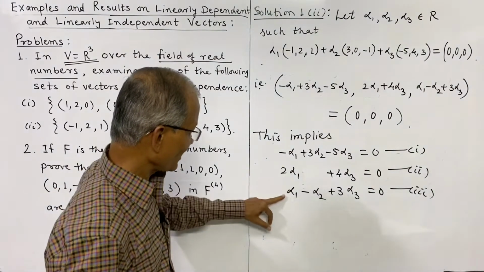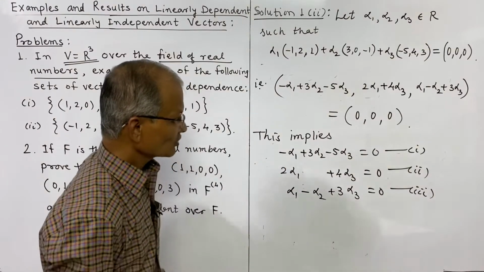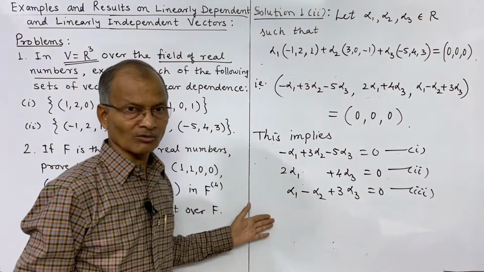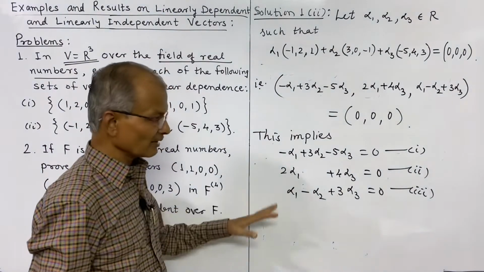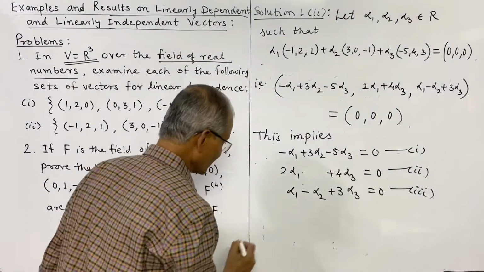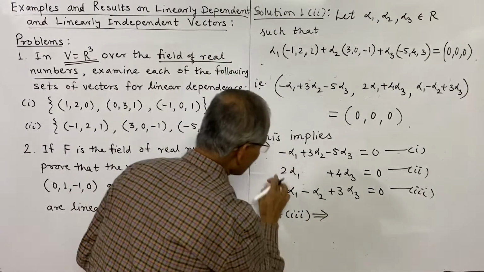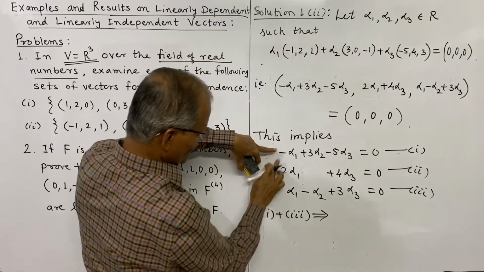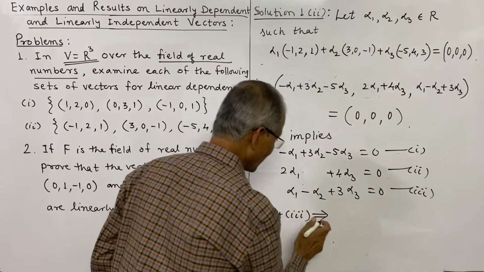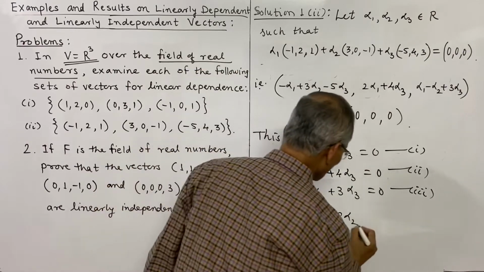See, minus alpha 1 and here is plus alpha 1. So if you add it, then we will get the relation in alpha 2 and alpha 3. So this is to be decided by observation. So the elimination method we have to use, equate the coefficients and then add or subtract, then that term will be eliminated. So therefore add 1 and 3, the addition of first and the last. So this is 0. 3 alpha 2 we are adding, plus minus alpha 2, means 2 alpha 2. And this is minus 5 plus 3, means minus 2 alpha 3.